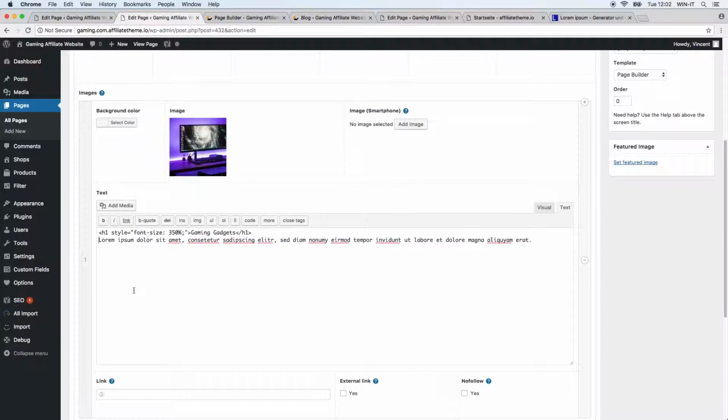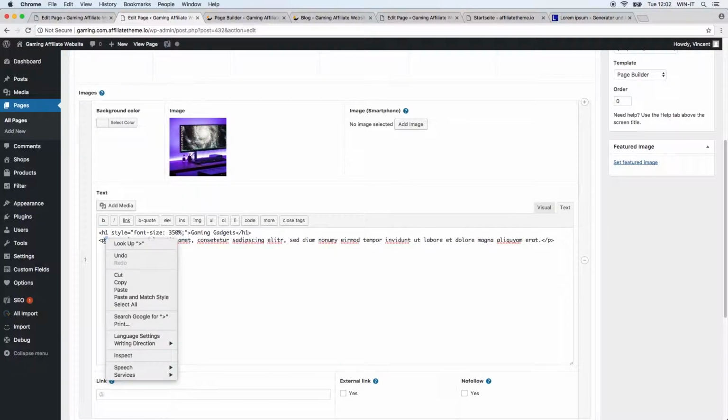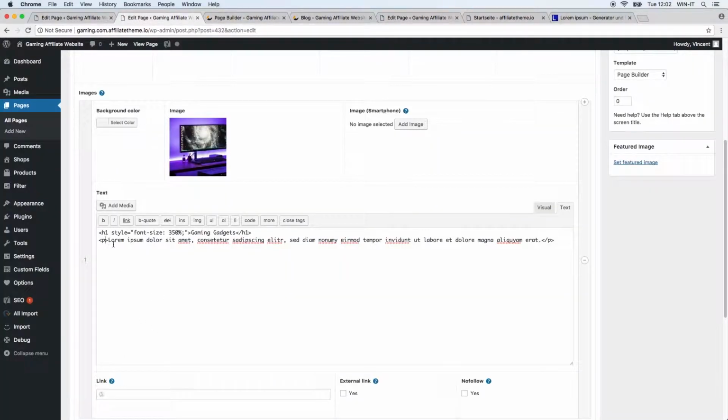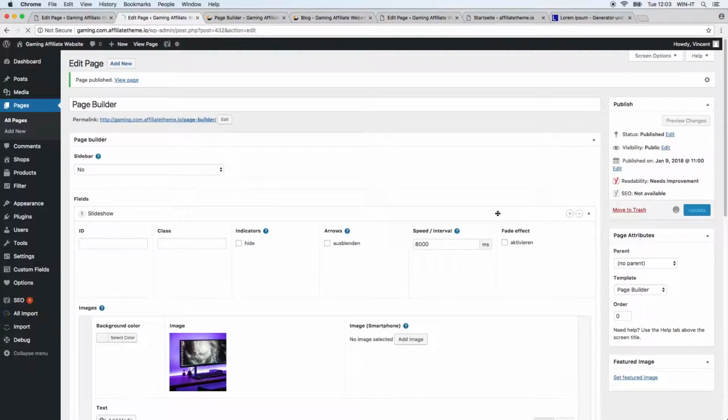And second of all, I'm going to define the paragraph, and the paragraph was also a bit small. Just take a look here. This is not really nice to read. So we're also going to add this little CSS code, but 350 is definitely too much. So let's just say 150. We click update,